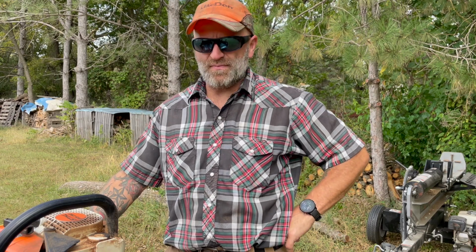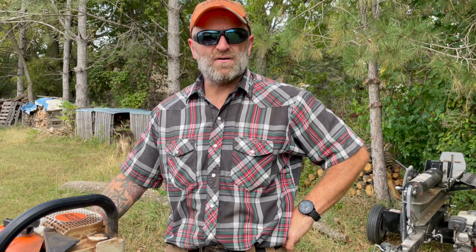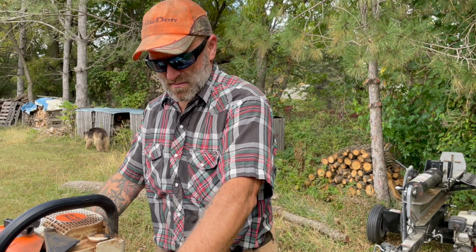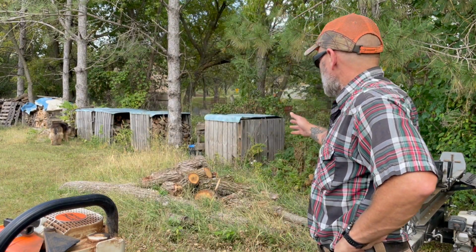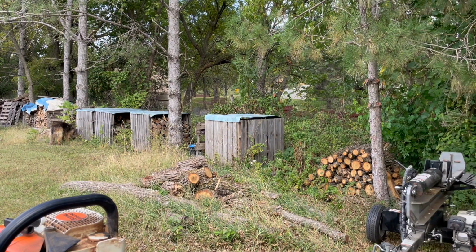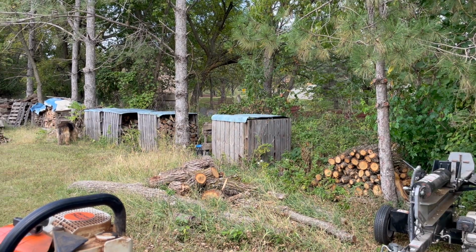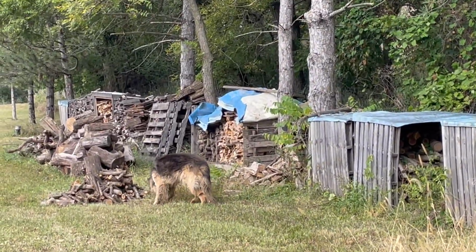Got to fuel up the 2 saws, get them maybe topped off with some bar and chain oil. They look pretty sharp, so I'm not going to worry about sharpening them. I got this pile I got to split and cut. Then up there a ways, kind of up there where my dog is, there's a